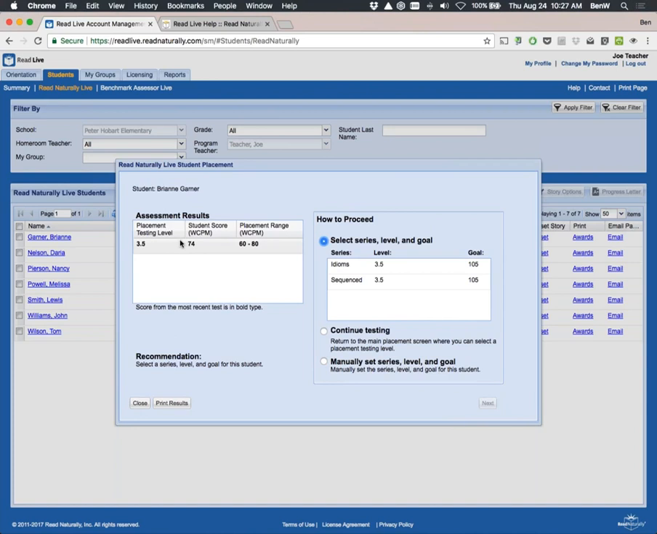On the left side, we'll see our assessment results. Her score falls directly within our placement range, which means this is a good level for her. On the right side, the recommendation is to keep her in level 3.5. The goal will be 105. So the program added 30 words to her score. If she had been in 5th grade or higher, it would have added 40 words to her score